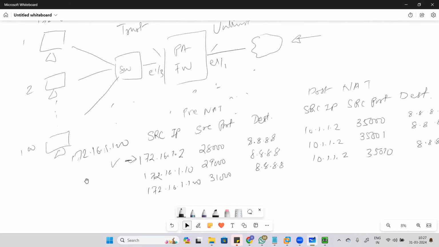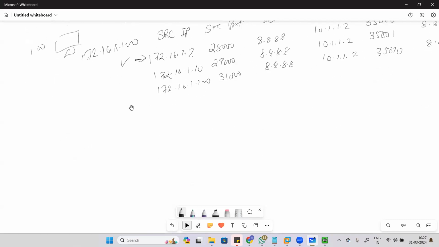So let's say now you have 100 machines over here, right? There are 100 machines in your LAN environment, and you have defined... Now we are talking about the dynamic IP source NAT. Okay, so in the dynamic IP source NAT, it will give you a block. It will give you a space to enter the translated addresses. Okay, translated addresses wherein you can enter the IP addresses, like address number 1 will be